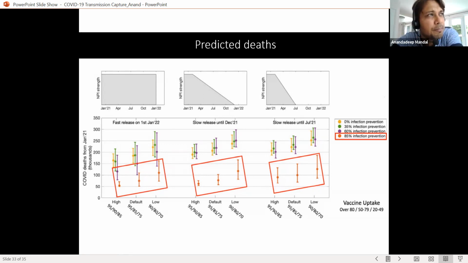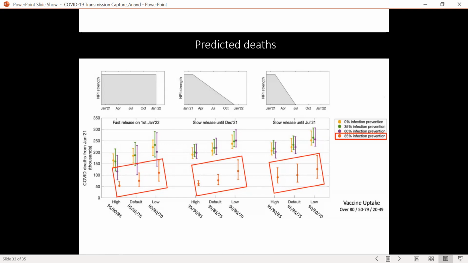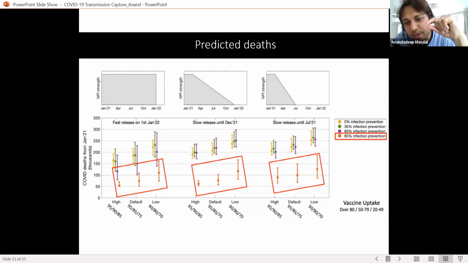I'll tell you something. When you have, let's say, a gathering, very simple, but this is what comes when you model things, and it becomes so tough. So let's take a very small example. Fuel stations. In UK, if you go to a fuel station, who gives the fuel to the car? Yourself. You punch your card, fill the fuel tank, and go out. In India, what will happen? You go to the fuel station, someone will say, hey, he will do it for you. He will take the card from you. So do you see how the disease is going? And it has been said that it's aerosol, so it's everywhere.